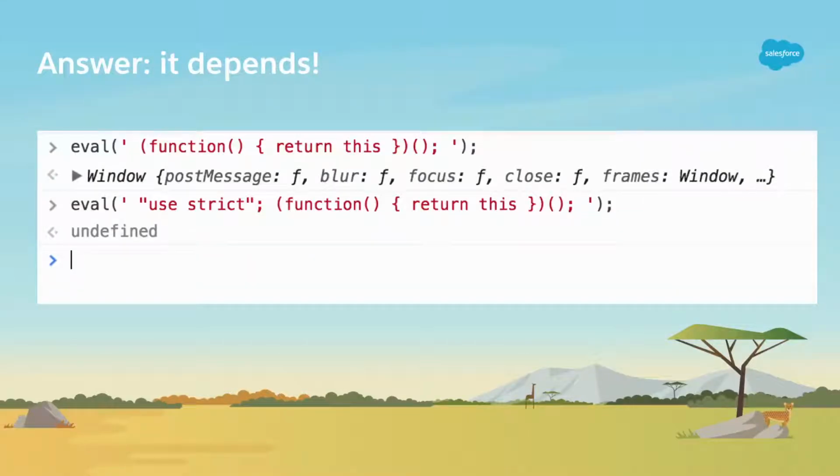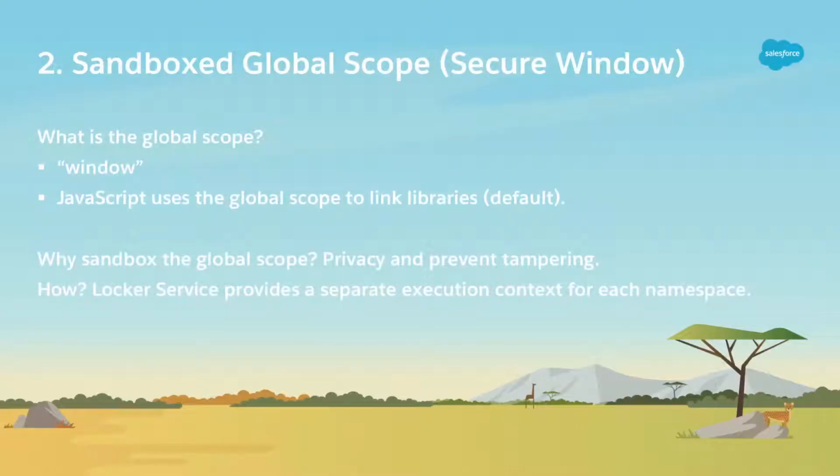That's one answer. It actually returns the global object, which depends on the host. That's also interesting, but the answer is also that it depends. It depends if you're evaluating your code in strict mode or not. So if you do